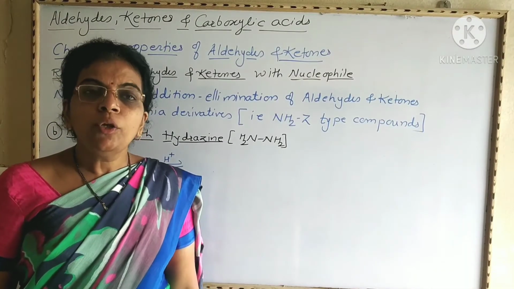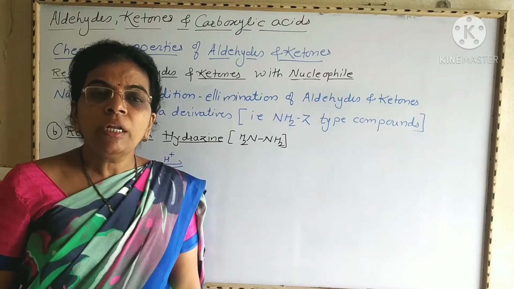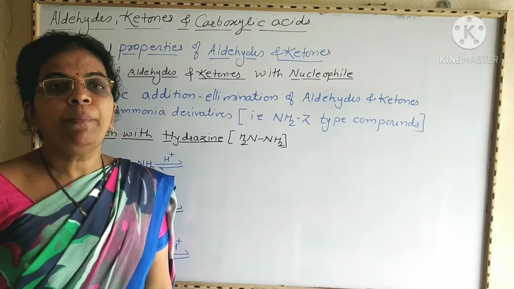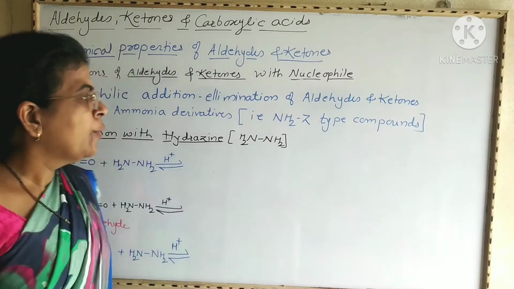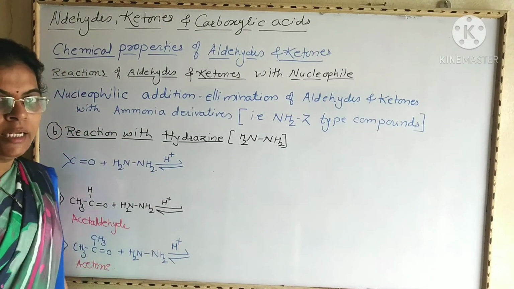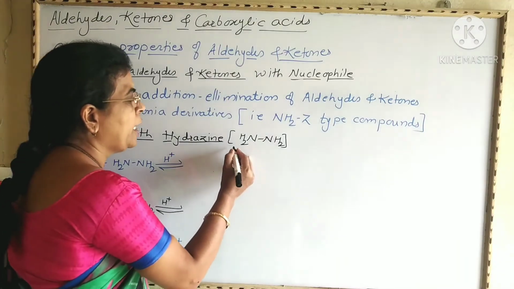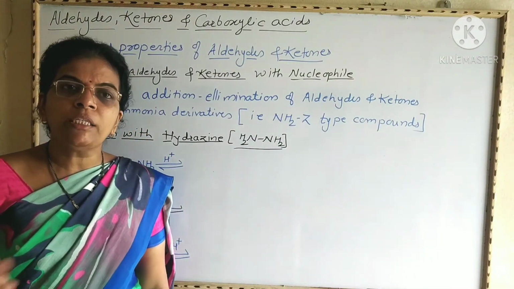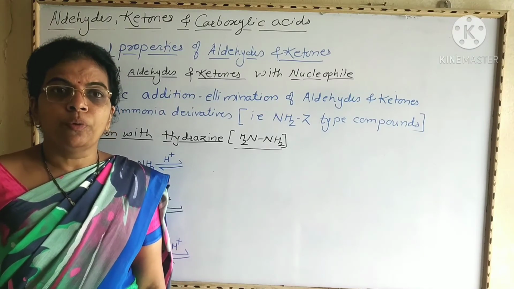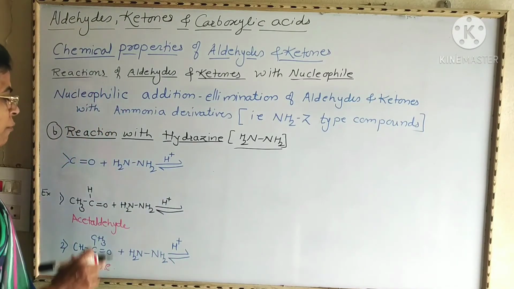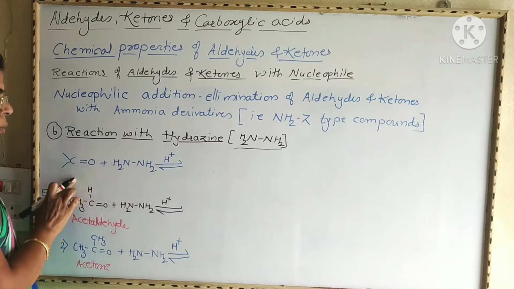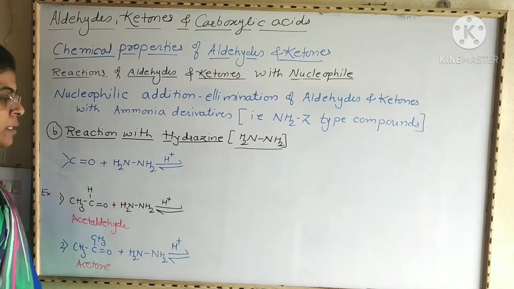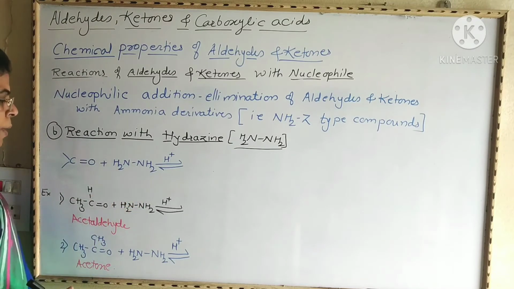Now second, nucleophilic addition-elimination reactions of aldehyde with NH2Z type compounds or ammonia derivatives is the reaction with hydrazine. The formula of hydrazine is NH2NH2. That is, one hydrogen atom from ammonia is replaced by an NH2 group. Now here, when an aldehyde or ketone, or any carbonyl compound, reacts with hydrazine or an NH2NH2 compound, then